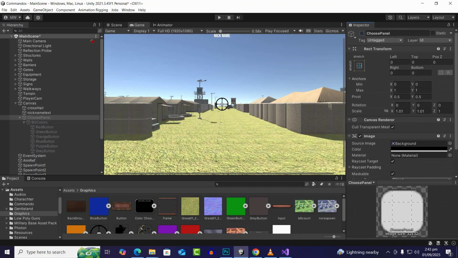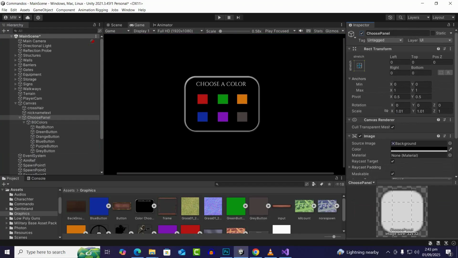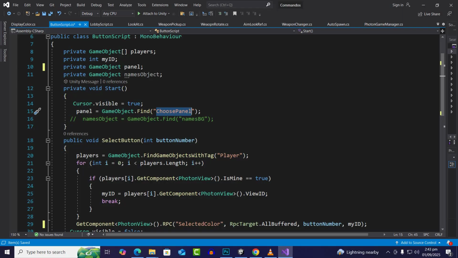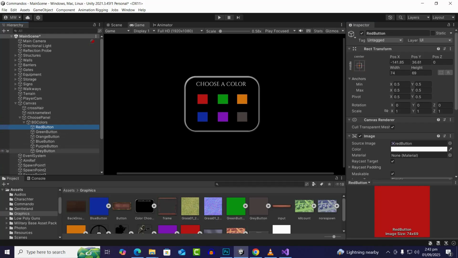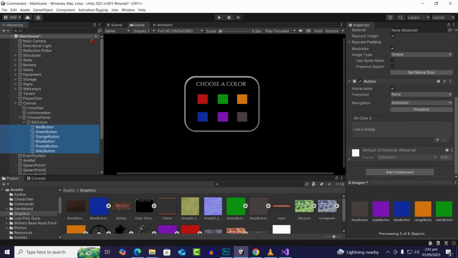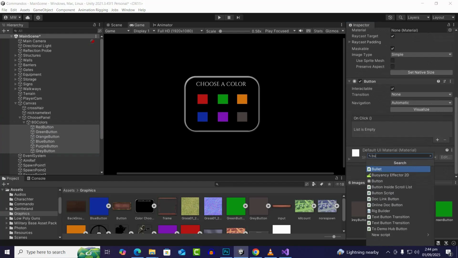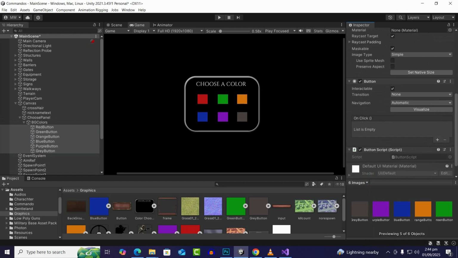So if it is inactive, that is very important for the script. So now if we move back to the buttons, we will select all the buttons and we will add the button script on these buttons. So I will just go here and let's add the button script, and now the button script is added to